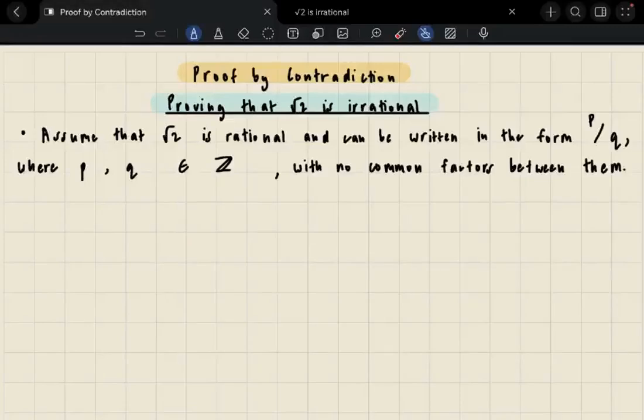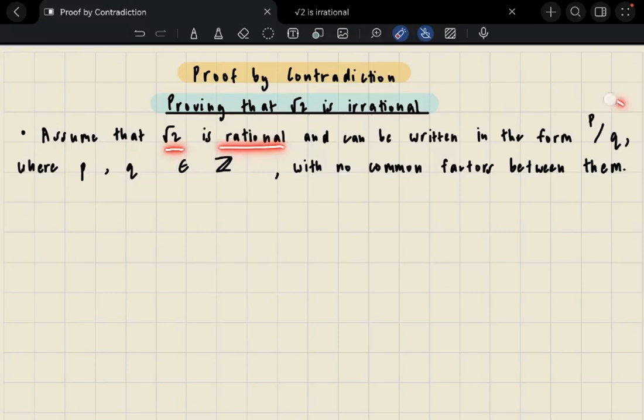Hi everyone, so today I'll be proving that square root of 2 is irrational using proof by contradiction. So in order to prove that this statement is true, using proof by contradiction, we first have to assume the opposite, right? So I already wrote it down where we're going to assume that square root of 2 is rational